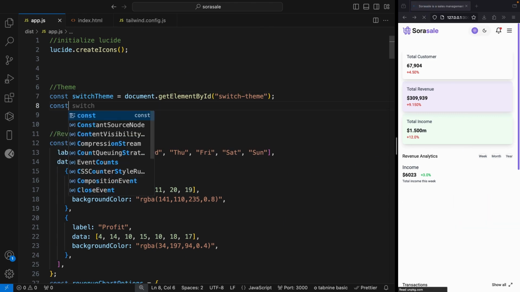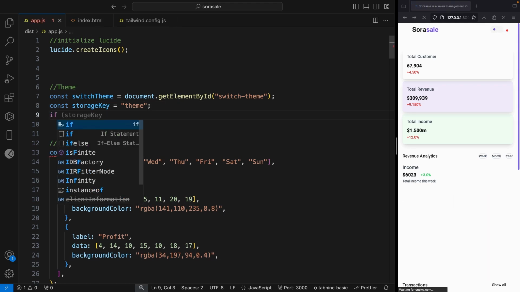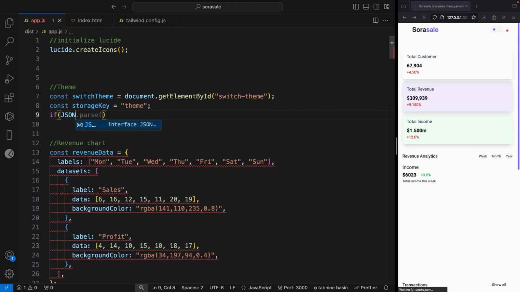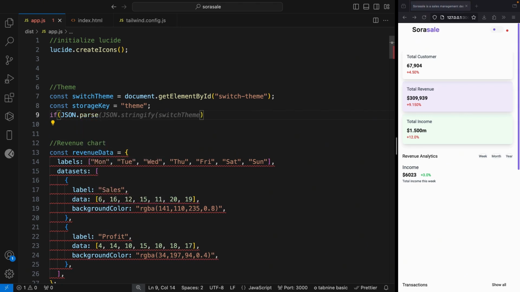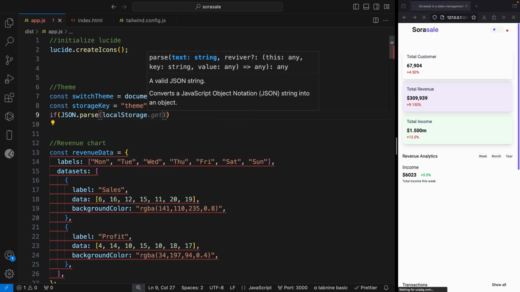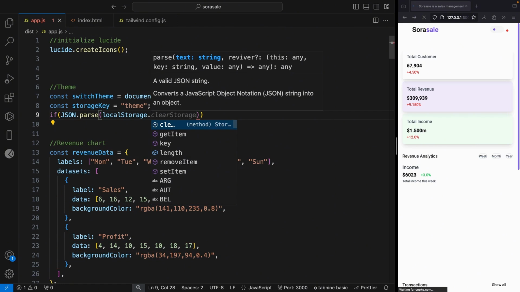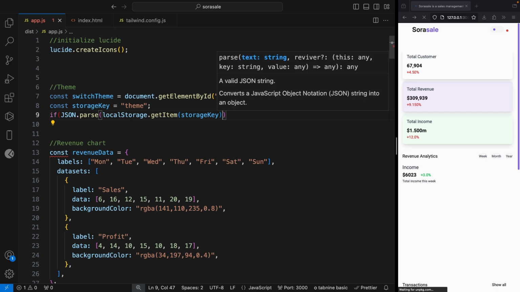Now let's create a storage key, and let's say it's equal to theme. Now we're going to check if JSON.parse, let's go to the local storage and get an item, the storage key,